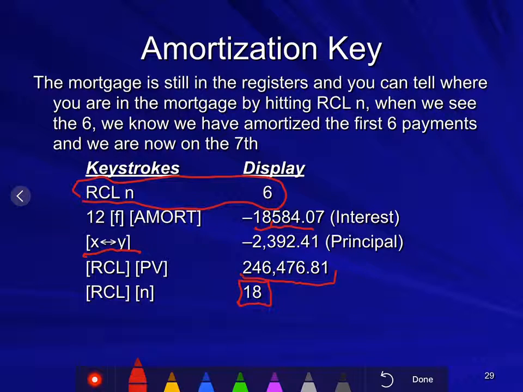What you might do, just to maybe add a little bit to your understanding, is put in a mortgage. Maybe use this one we're using with 7.5%, and then keep doing a series of 12 f amort, and then x exchange y, and you'll get a sense of how over time the interest being paid every year is going down, and the principal being paid every year is going up, until if you get to the very end of the mortgage, virtually everything's going to principal, very little going to interest, which makes sense because at the end you just don't owe as much, so the interest on this lower amount